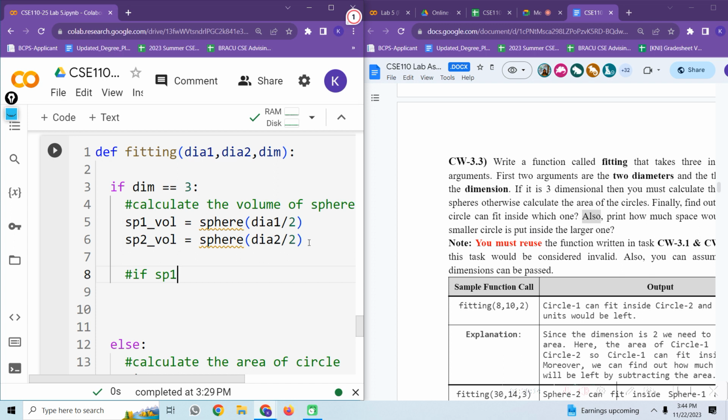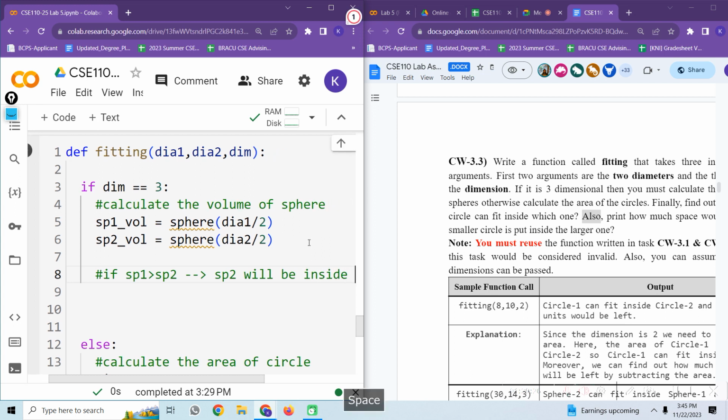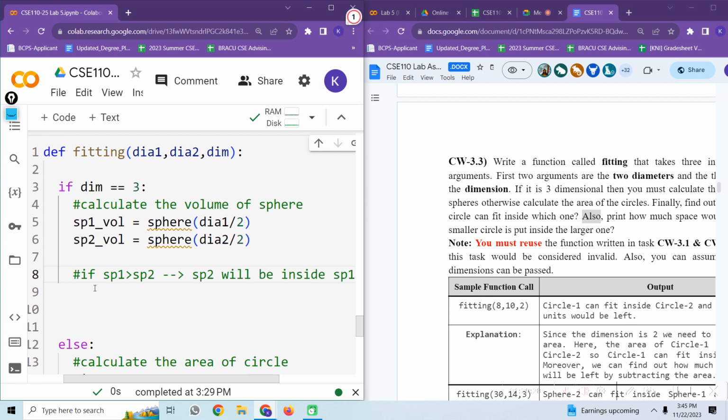If sp1 is greater than sp2, that means sp2 will be inside sp1, same. Otherwise, else